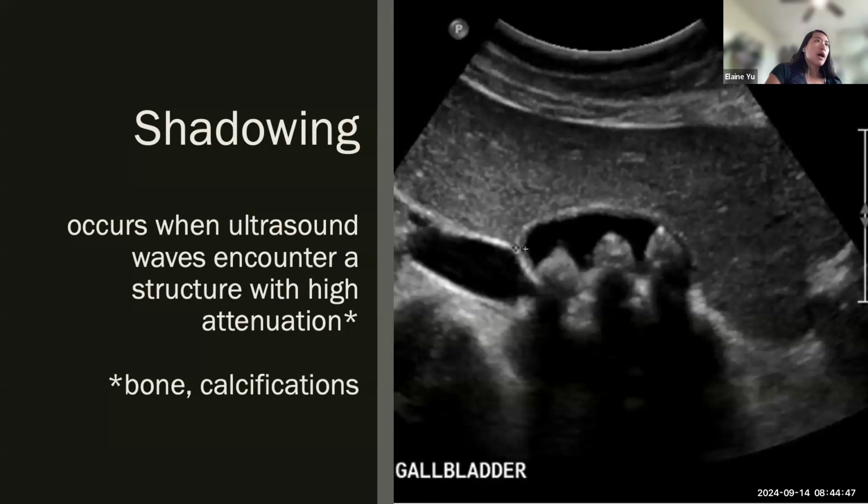Then we have shadowing artifact. This occurs when your ultrasound waves hit a structure with high attenuation, aka you can't really penetrate through. So like we talked about, any structure that is very rigid and not flexible will cause a sort of shadowing artifact. So bone, calcifications. In this case, you're seeing the shadowing from individual gallstones inside a gallbladder. So those stones are calcified, and so the ultrasound waves are not able to see directly behind